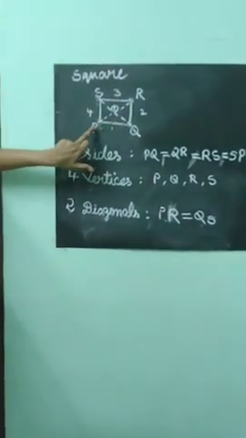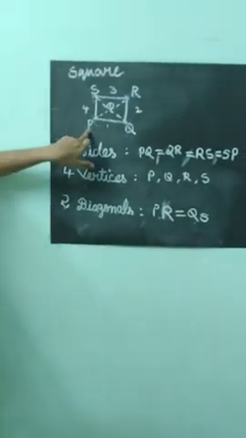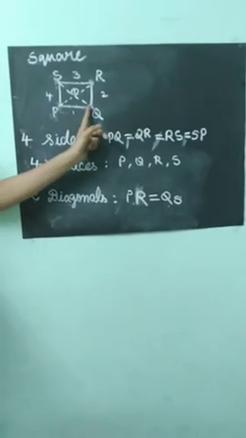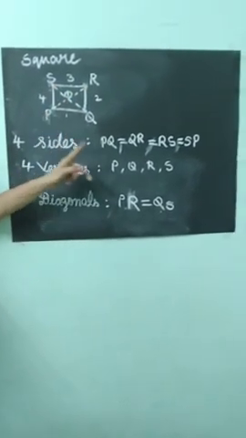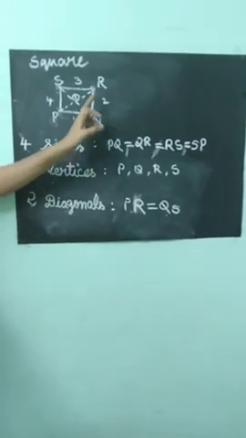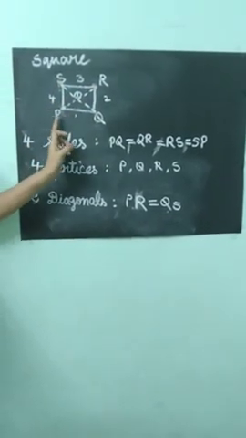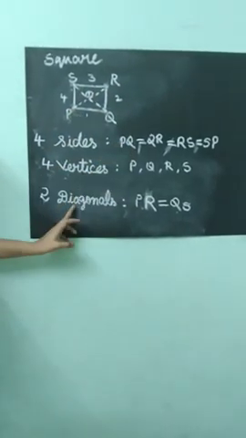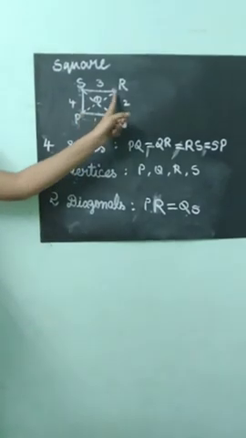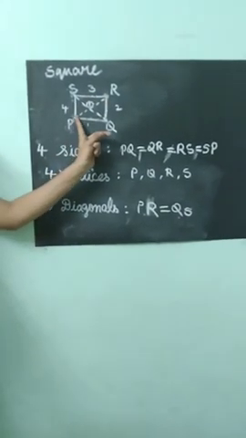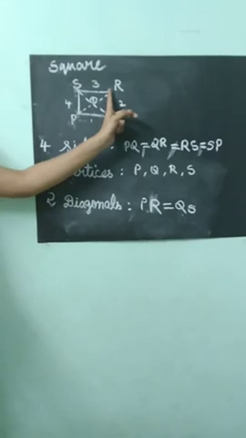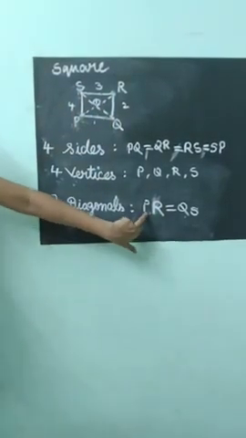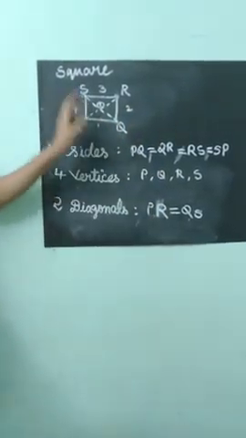Okay, I am once again recalling. This is a square, ma, and a square has four vertices, that is P, Q, R, S. Okay, and how many sides? Four sides. 1, 2, 3, 4. And what are they? PQ, QR, RS, SP, and all 4 are equal in size. Okay? And the next one is diagonal. Diagonal means opposite corner. So how many diagonals are there? 2. That is PR, QS, and these 2 are also equal. So PR equal to QS. That's all.